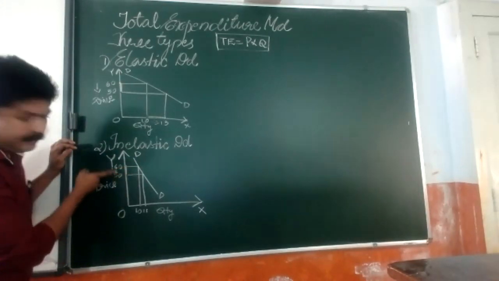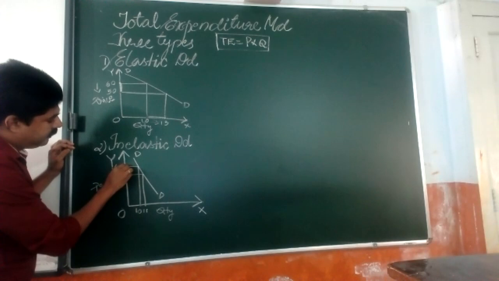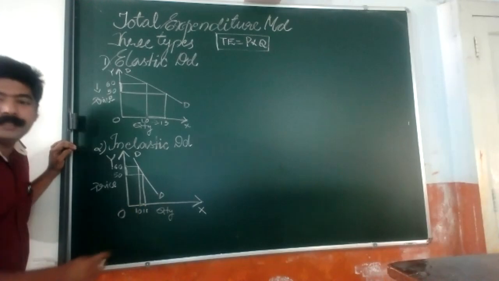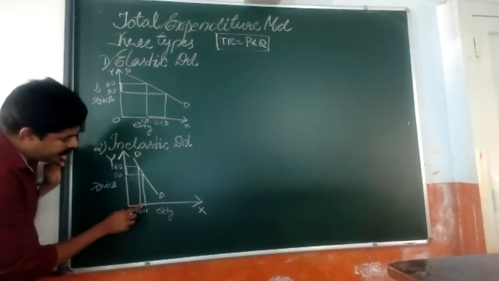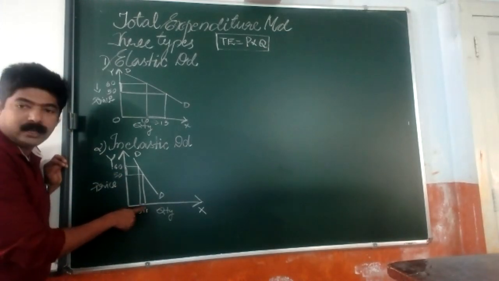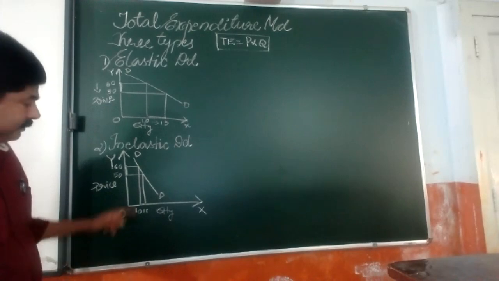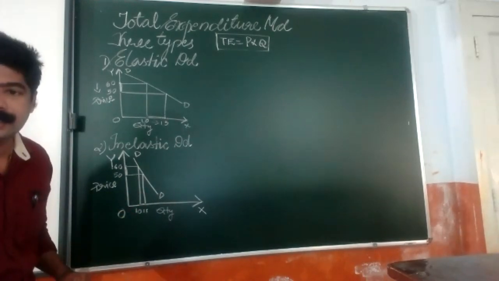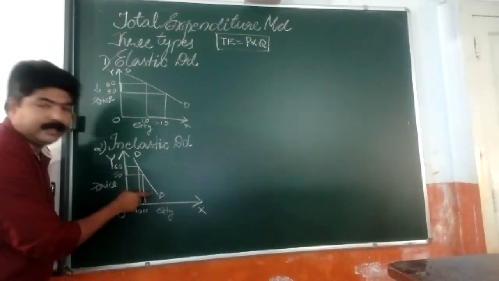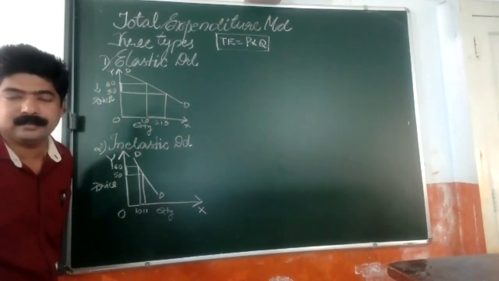Okay. Now listen, what I have told about inelastic demand. See the change in price. A fall in price from 60 rupees to 50 changes the quantity demanded only slightly. See this gap? This gap shows the difference. This gap is much smaller than the other gap. What does it mean? The quantity demanded of that commodity is lesser when there is a fall in price. So to show inelastic demand under the total expenditure method, you should draw a more vertical demand curve, and for elastic demand a flatter curve. Is that clear, my friends?